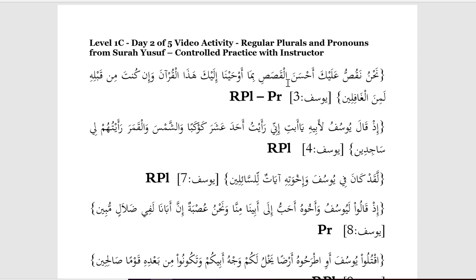Now, when we talk about pronouns here, we're talking about plurals. That's our job here, so you're looking for the plural form. If we do the first one together, at the very beginning we can see nahnu. Good, alhamdulillah, allow me to highlight. So we have nahnu, that's our pronoun. So we've got our pronoun done. Now we want to find our regular plural, not our broken plural.